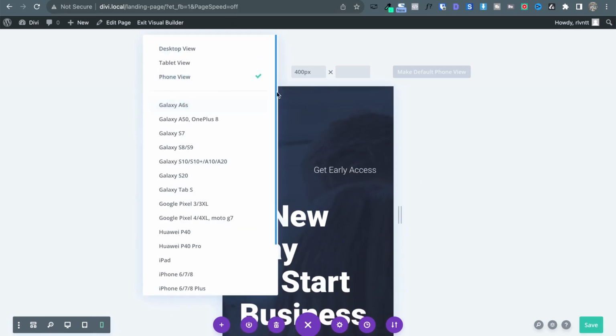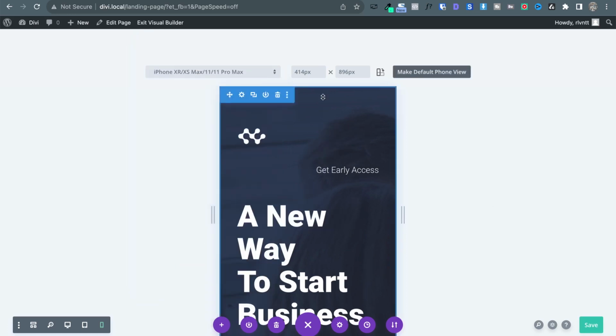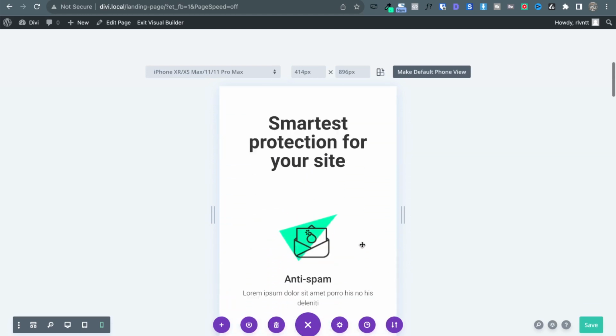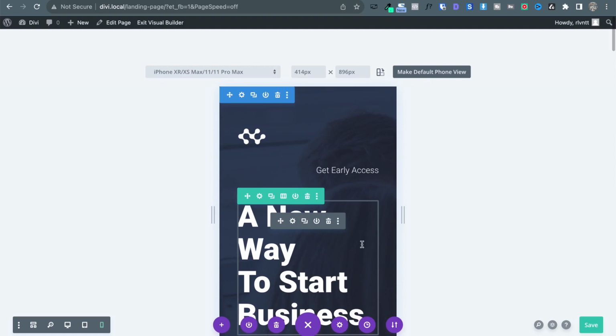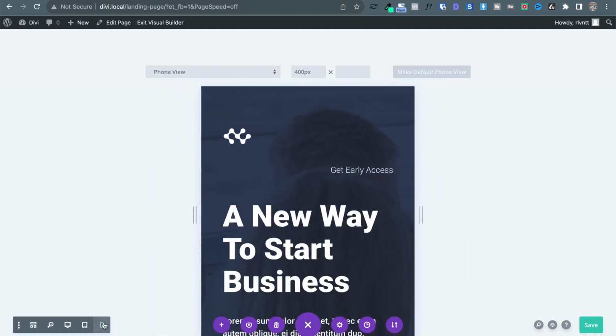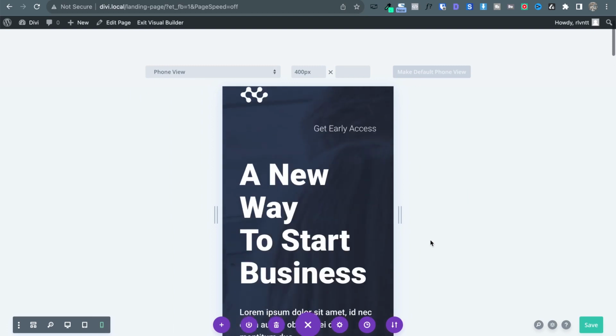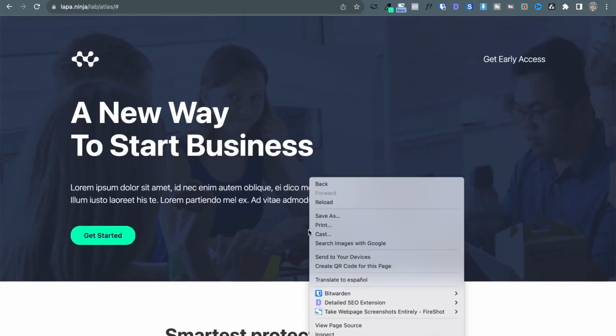You can even select which phone the user is using. So let's set it to an iPhone, for example. And from here, we can modify elements as well, only for the mobile view, and the same for the tablet view. So let's say I have no idea how this looks on mobile, so we can check that out